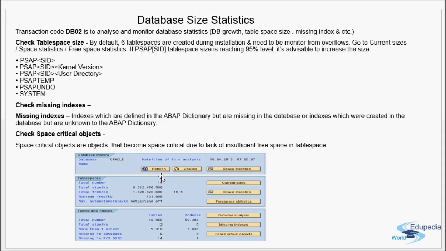Okay, but when you do a manual check, you have to go to DB02, you have to refresh it and see about the spaces and the critical objects and the missing ones. Okay, and if required, add more space. And even for tuning, maybe it's not becoming critical, but yesterday it was 30% used, last month this is 40, next month it is 70. So see why so much data is increasing frequently, all such things. Okay, now